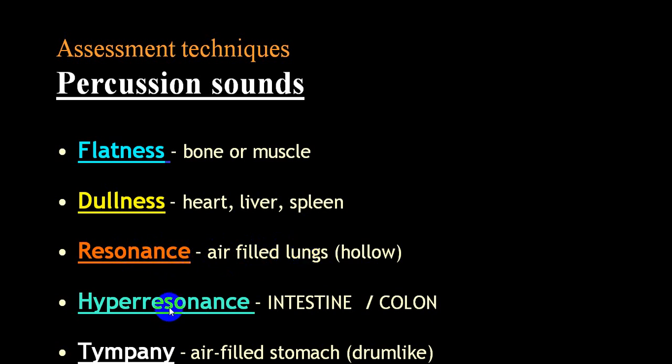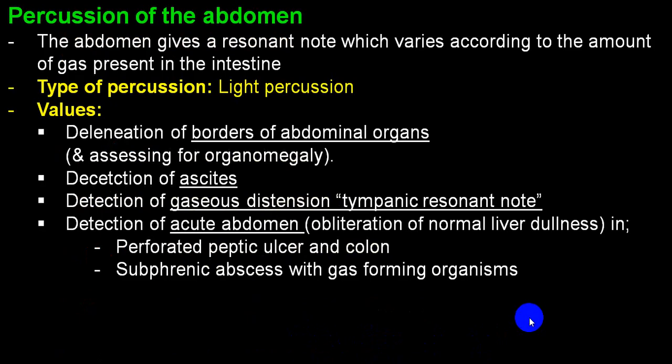If it contains a larger quantity of air, like in the colon, or in the fundus part of the stomach, or in the small intestine, you will get a hyperresonant note. And if it is containing a very large quantity of air, say like in the pleural cavity in a total pneumothorax, it will be a tympanic note. Also in the fundus part of the stomach, if it is containing a large quantity of air, you can have a tympanic note. It is called drum like. So these are the different characters of the sound which you can get.